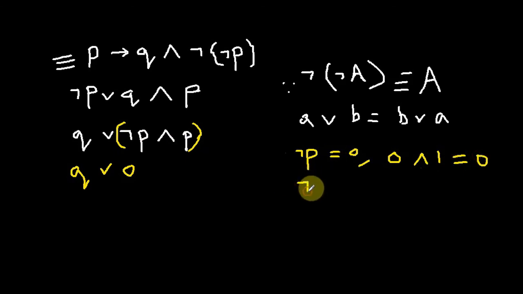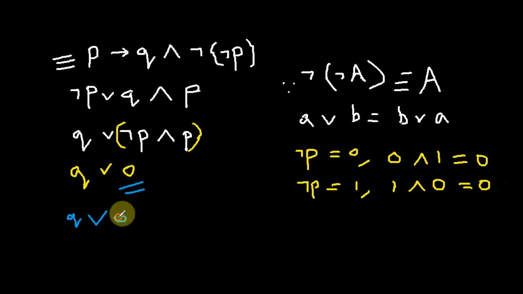If I say not P is equal to 1, then it's 1 and 0, which is once again 0. So the entire expression becomes Q or 0. Now interestingly, Q or 0 is equal to Q,